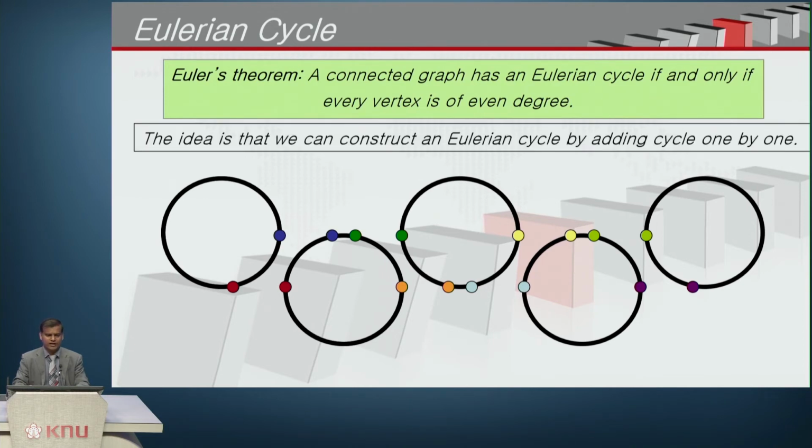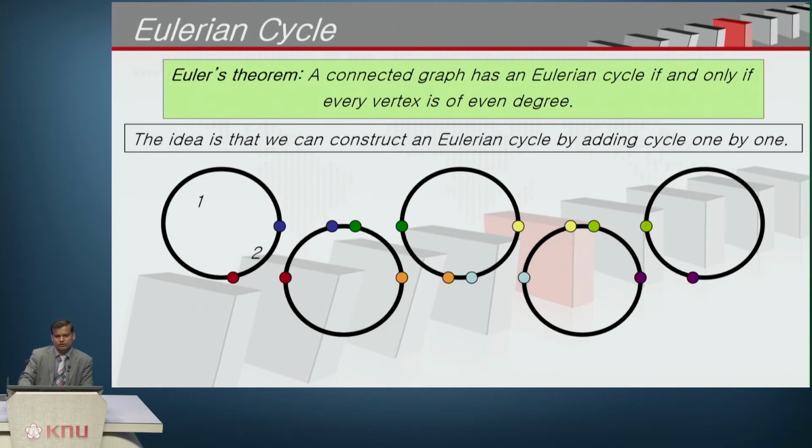To begin with, the idea is that we can construct an Eulerian cycle by adding cycles one by one. Let us try to traverse this whole system with cycle 1. Say you are starting from 1 and entering 2, and then you are trying to traverse to the second cycle. Say you started from red and go to blue in the first cycle, and after that you go back to the red one, and from red you are connected to the second cycle, where you are going to the third part,